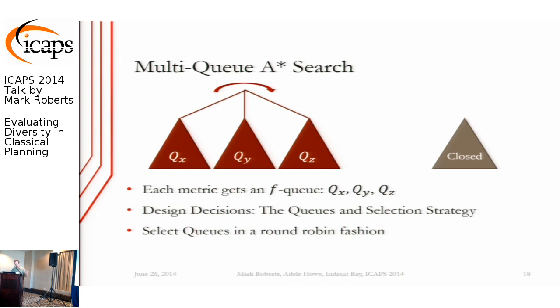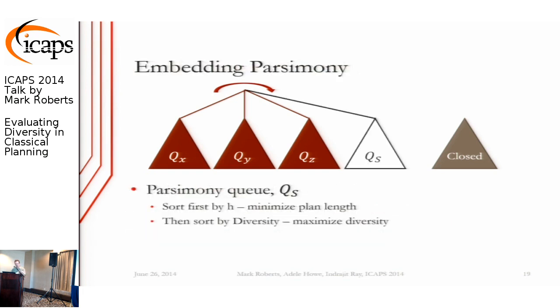So the key idea here is just putting them in separate queues. I also created what I call the parsimony queue, which first minimizes by the heuristic and then maximizes by diversity. So we're hoping that this will also drive diversity in the right direction. Looking at the